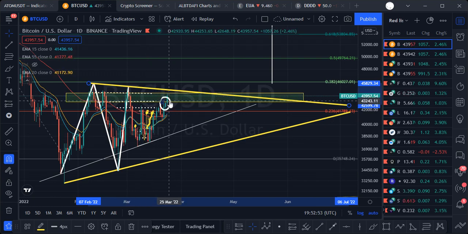And a slow grind is better than moonshotting up, because with these big bars, expect big red candles, is what they say. Big green candles get followed by big red candles. Anyway, so